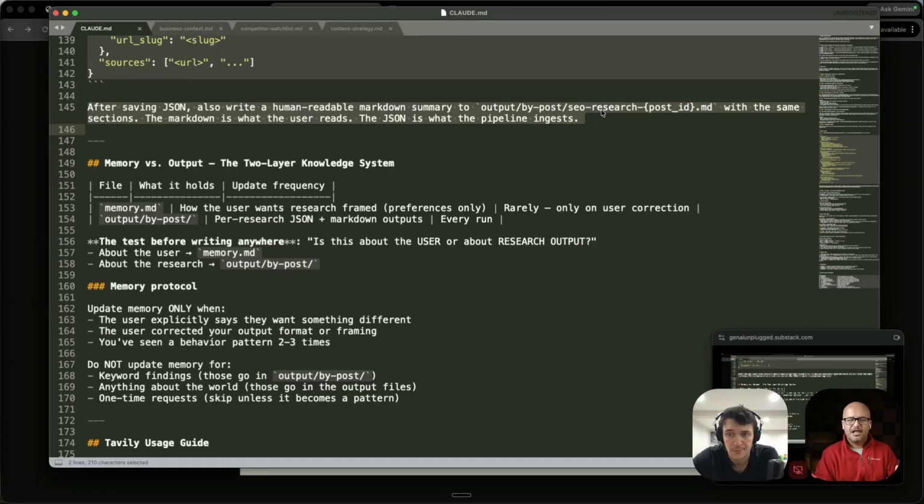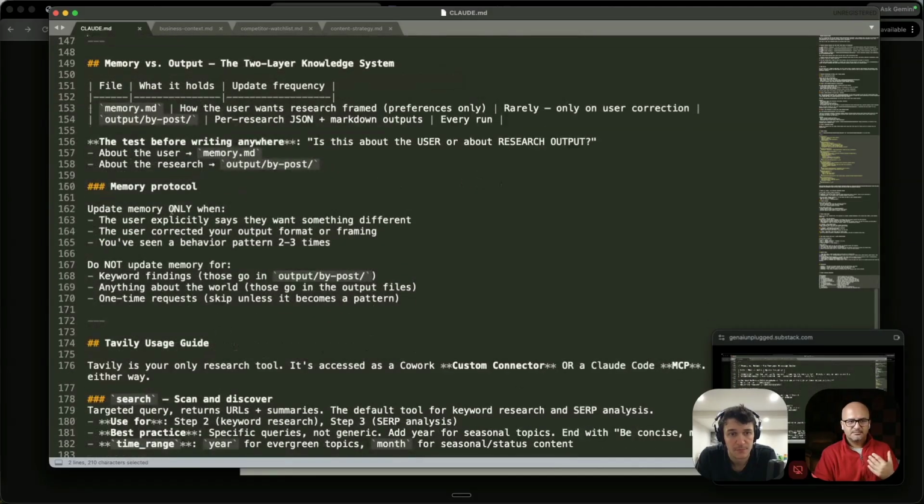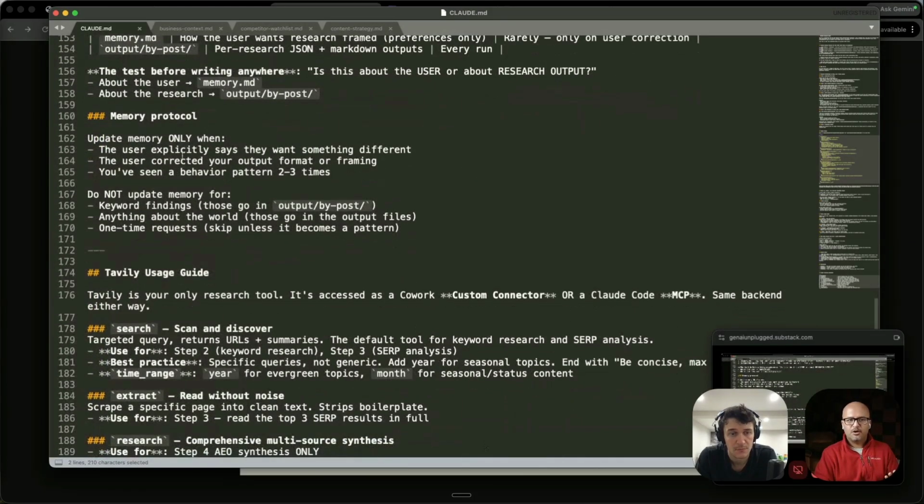So JSON is helpful if I have a UI on top of all my agents or my content OS, so I can view it and send it to anyone. That's where JSON helps. Otherwise, if I just have to read it, I only need a markdown file. So I also instruct the agent that after all the research, after you have created the JSON output, create a markdown file as well. Finally, like some memory protocol, how do you keep on updating the memory?